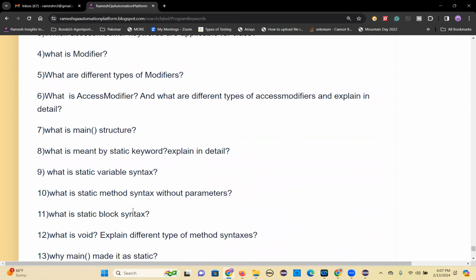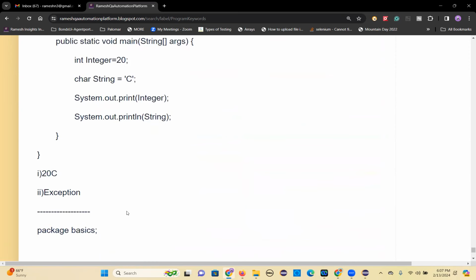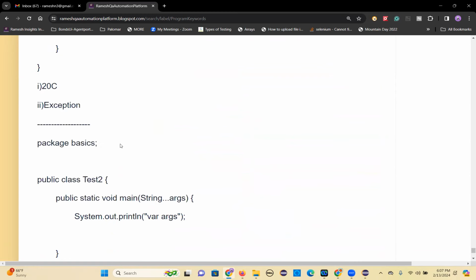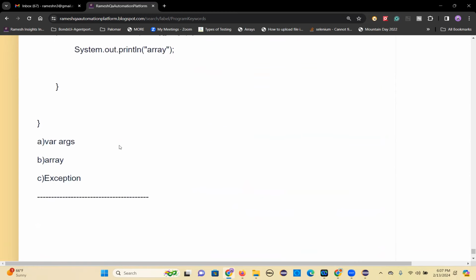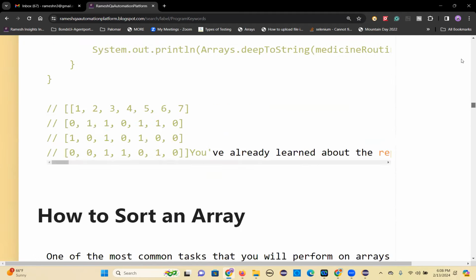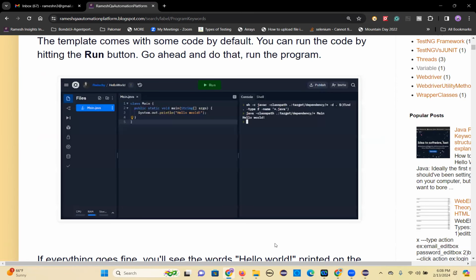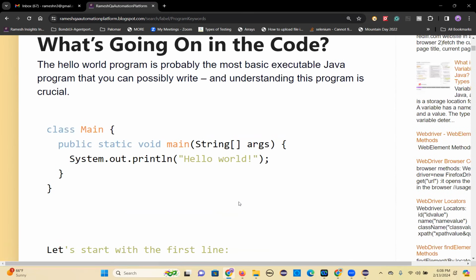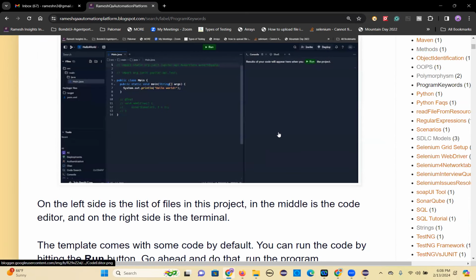Please go through all these questions and answers, practice these programs and try them out. Okay. Now let's move on. Once you join back, I'll explain the next topic, data types. So any questions before stopping this? If you have any questions, I'll